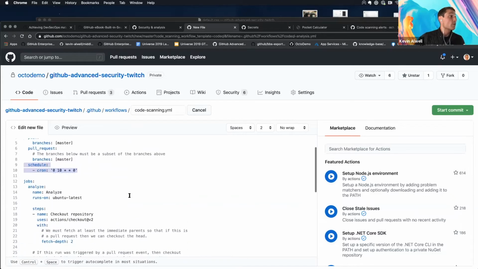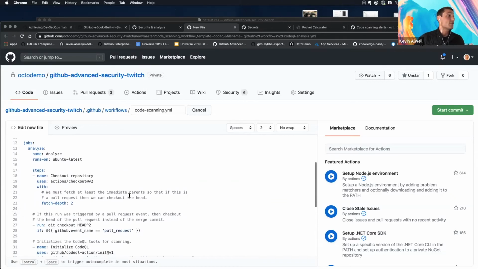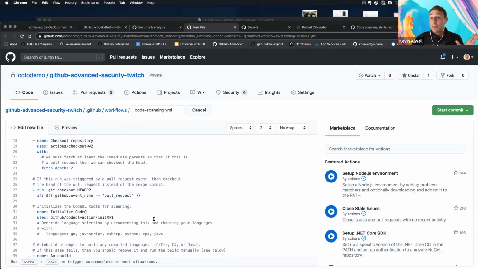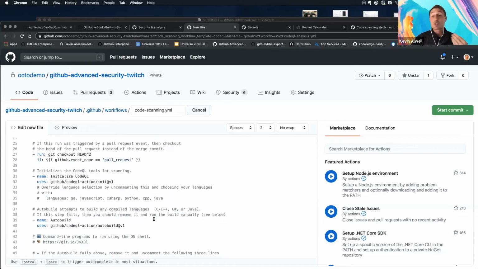Walking through the workflow a little bit more, you can see we just check out the latest version of this repository. I'm going to skip through some of this stuff just a little bit. There's great documentation. Hollywood, if you don't mind sharing the documentation, I think it's docs.github.com for code scanning, so folks who want to look at the syntax more deeply for workflows can see how to actually include additional